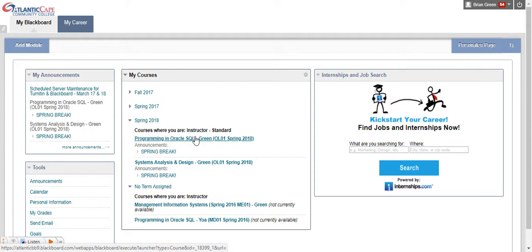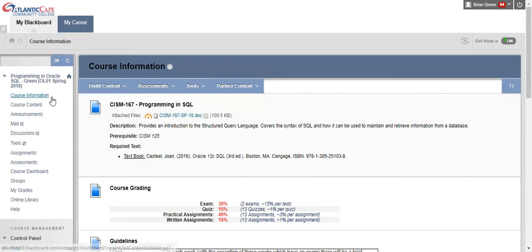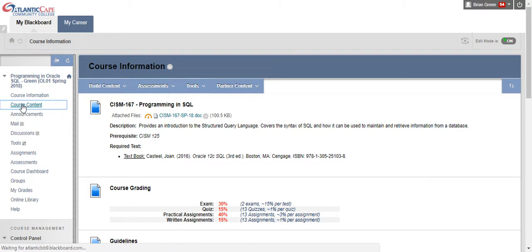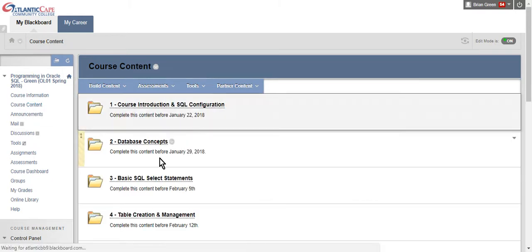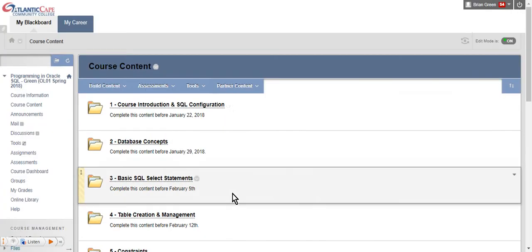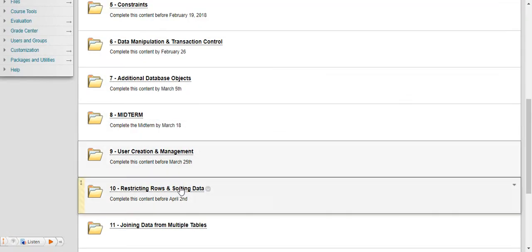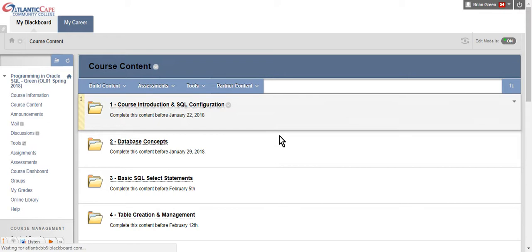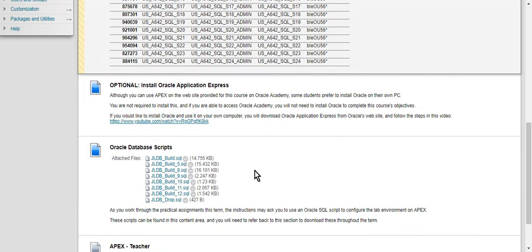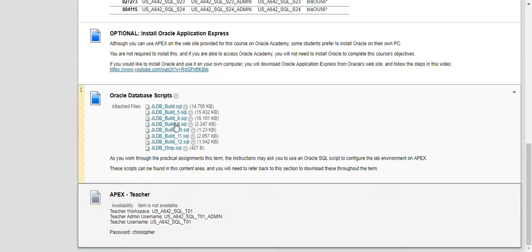So what you want to do is, in Blackboard, when you go into our course, and you might remember this from the beginning of this semester, you're going to go to course content on the side over here. This is where we list all the folders where we have our course content. When you go into week 1, I know that we're down here all the way in week 10, but when you go into week 1, at the bottom, after all of our user accounts and so forth, at the bottom, there is a file,